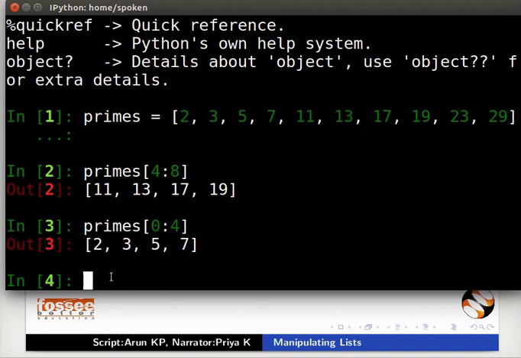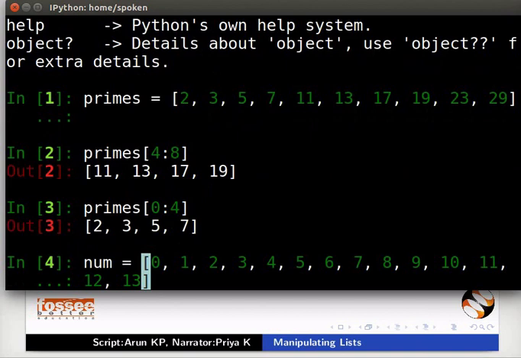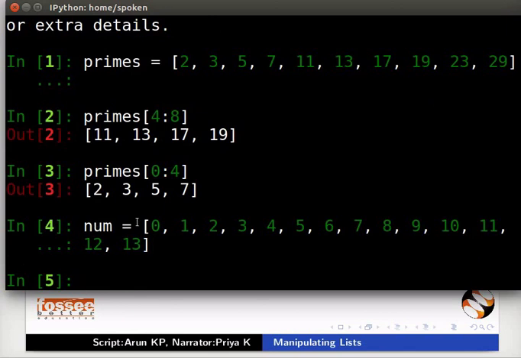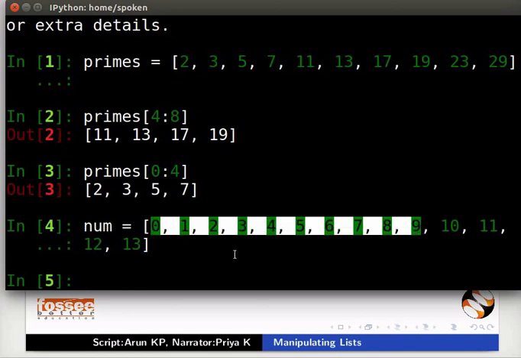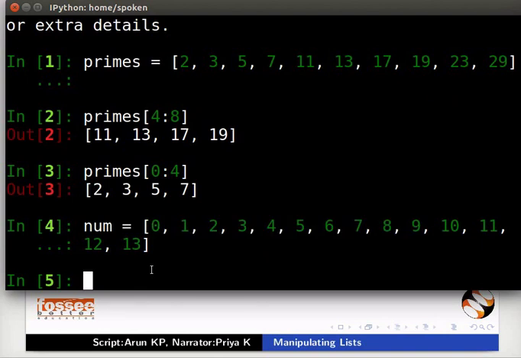Next, we will learn to use step value in slicing. Type 0 to 13 in a list and assign it to a variable num as shown. Let us say we want all the odd numbers less than 10 from the list num. We will specify the step value in which the slice must be obtained.